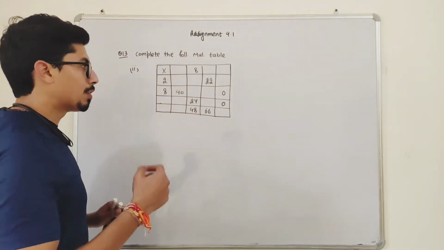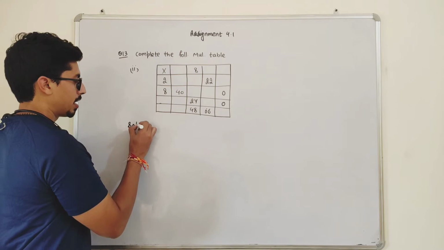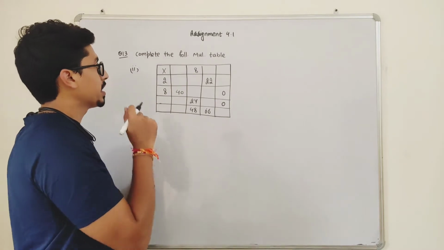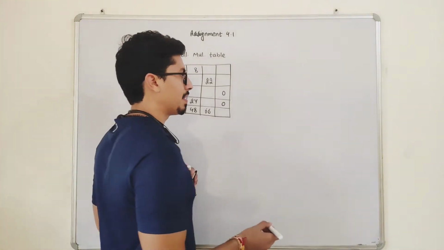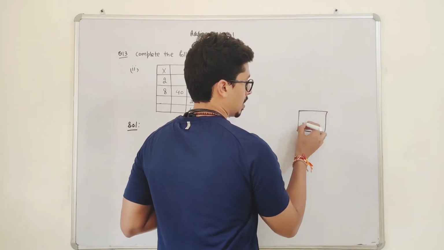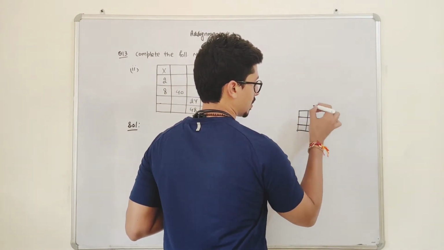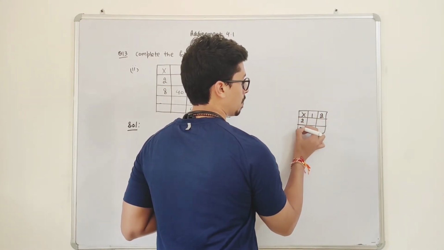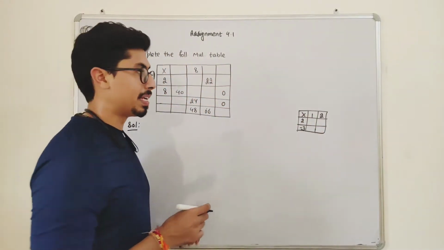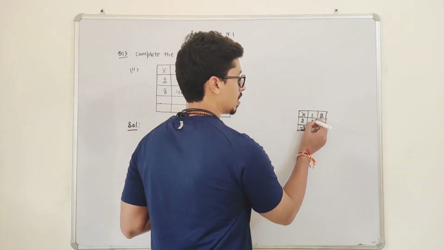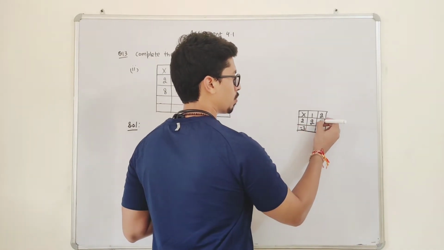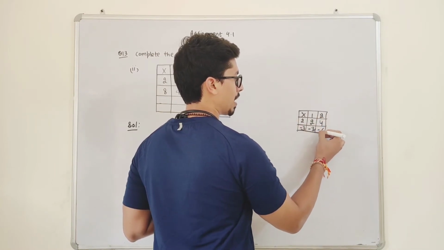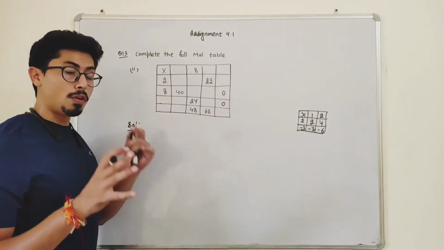So what we're going to do, students? First of all, draw this as it is in your copy. Now, students, see. What does this multiplication table mean? If I just take an example, multiplication is here. I have written down 1, 2, 2, minus 3. So what does this multiplication table mean? That is 2 multiplied by 1 is 2. 2 multiplied by 2 is 4. Minus 3 multiplied by 1 is minus 3. Minus 3 multiplied by 2 is minus 6.